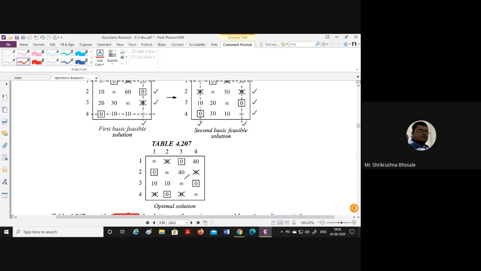That's why I have changed, or here the allocation is changed a little bit. If we go by yesterday's rule, first from the first row, if I allocate city 1 to this second 0, what will happen? This 0 gets cancelled, and this 0 gets cancelled. Then from city 2 to city 1, this 0 is not possible, so it will get automatically cancelled. I have to allocate here. And from city 1 to city 3, if I allocate this 0 or this 0, he will not come back to the original city.